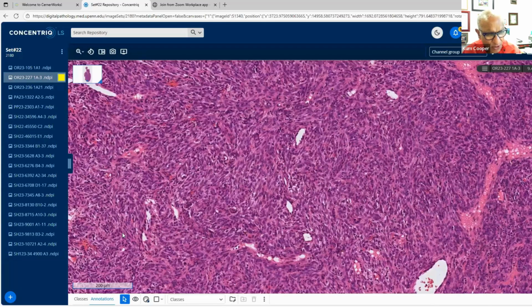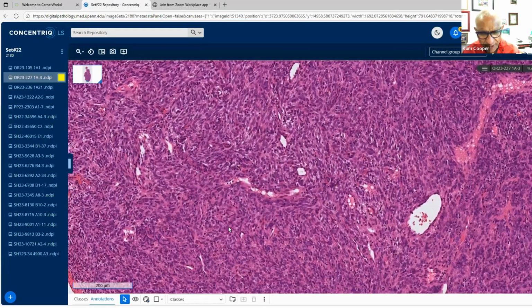You can get sclerosing PEComas, you can get spindle cell PEComas. So the best way is to do your muscle and myomelanocytic markers in order to rule that out if you're considering that as a differential diagnosis. And then PEComa, as you know, does have a molecular profile that's different, a signature from UTROSCT, in that it involves TSC1, TSC2, and then a subset with TFE3. So for myomelanocytic, my screening tool in that regard is typically the muscle markers, desmin, actin, as well as HMB45 and Melan-A. So the diagnosis, yes, is UTROSCT,